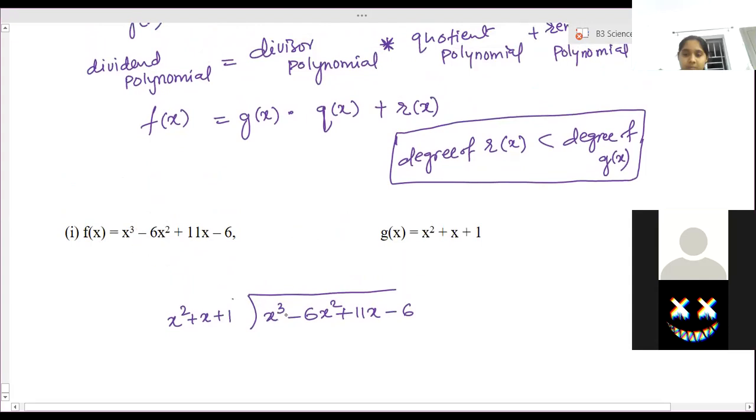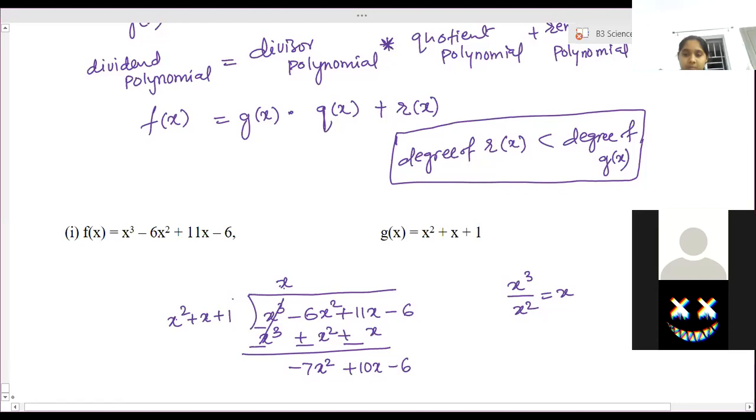So here, first finding the quotient: x cubed, first term, divide with the first term of the divisor. So the answer is x. So the quotient is x. Multiply x, the quotient, with all three terms of the divisor. x into x squared will be x cubed. x into x will become plus x squared. x into 1 will become plus x. Minus, so the sign of the second polynomial will change. This gets cancelled. Minus 7x squared plus 10x minus 6.